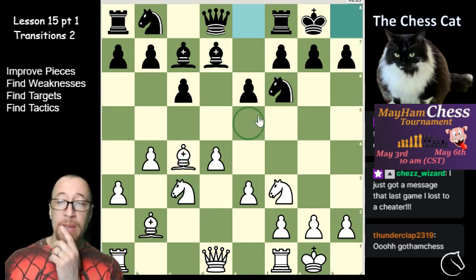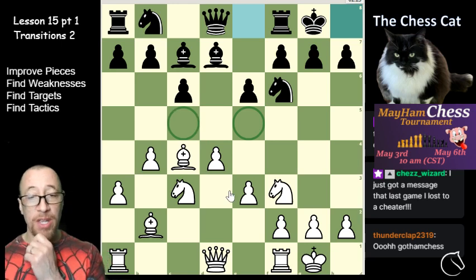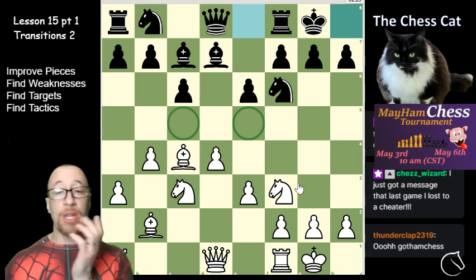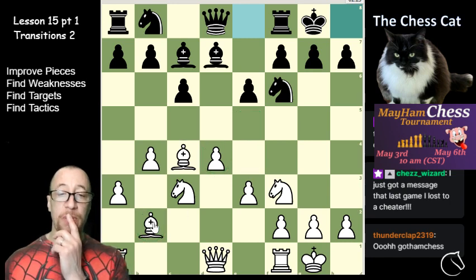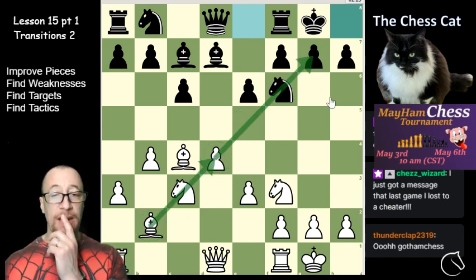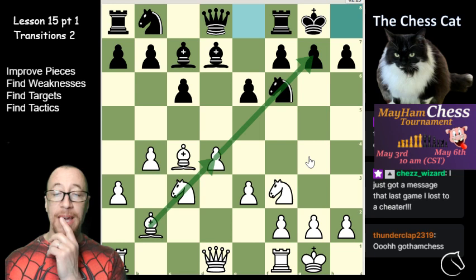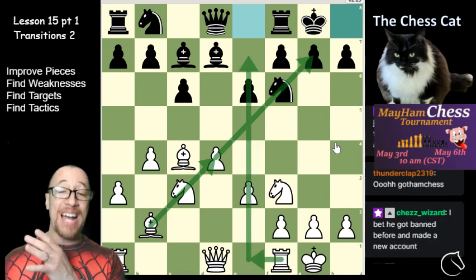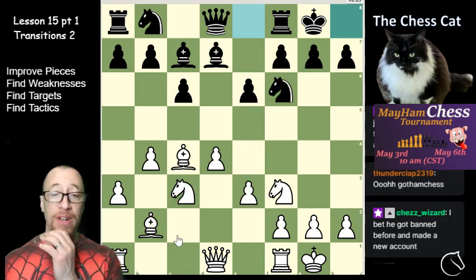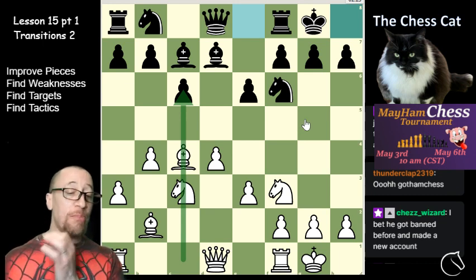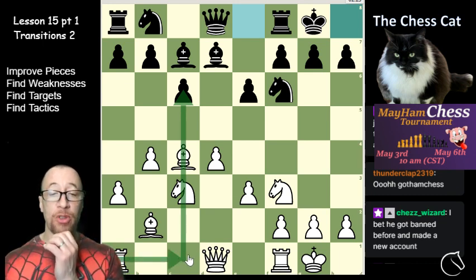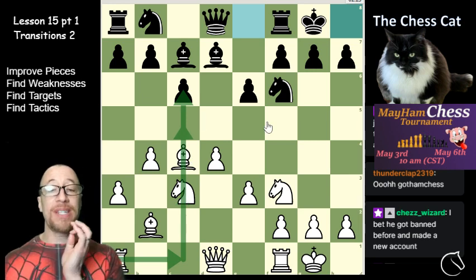This knight may be better here, maybe better here, right? We have to look at where we might want that knight. Our bishop right now is hitting this pawn, but it's got a nice diagonal to work on, so we might like that one where it is. This is not an open file. It's not a semi-open file. This is our semi-open file. So an easy improvement of a piece would be to put the rook here to hit on a semi-open file